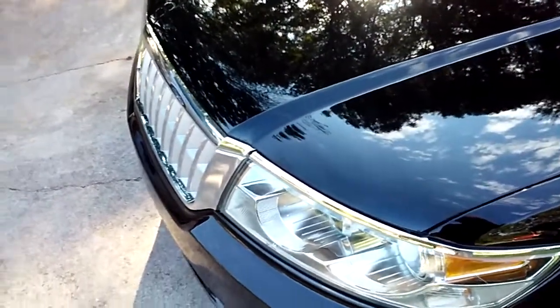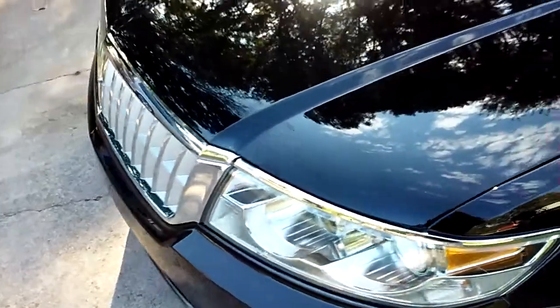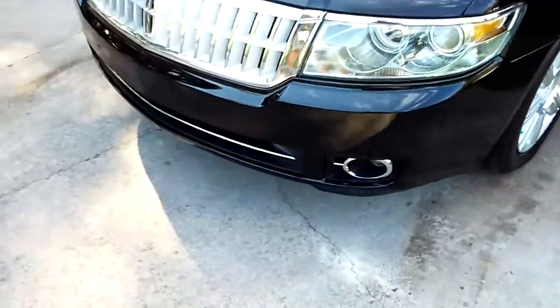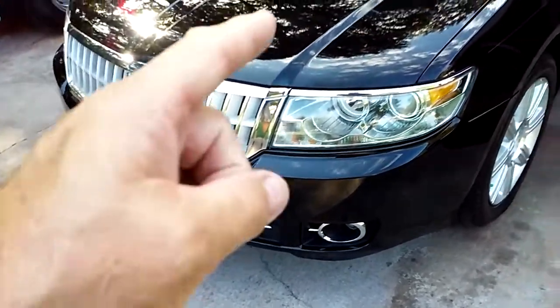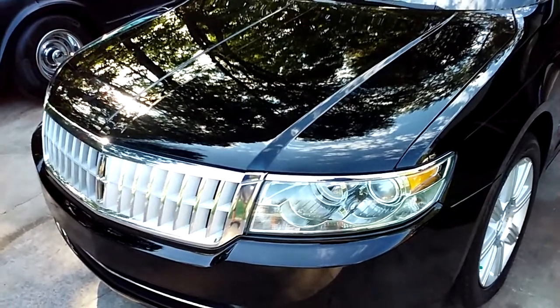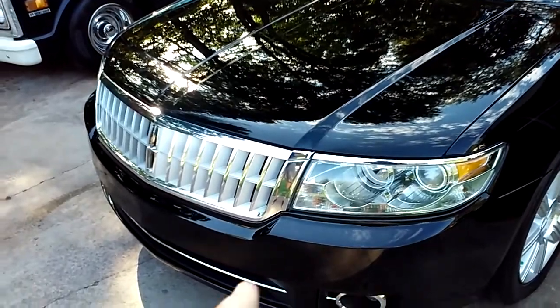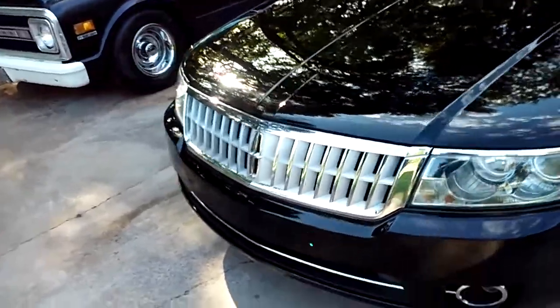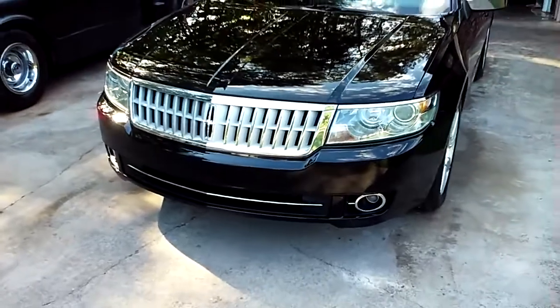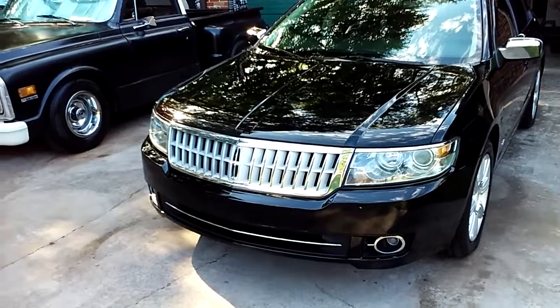And if you recall, about a year ago, maybe a year and a half, my wife and I were having to drive a 2017, I think, Lincoln MKZ is an SUV, because Lincoln had a recall on the airbag system, and we were not allowed to drive this car. I told them, I'm not keeping it on your car lot. They were going to keep this car outside, and I said, I babied this car, and the guy before me has too. And I said, I'm not keeping it on your car lot for the birds to do their business, and you know,